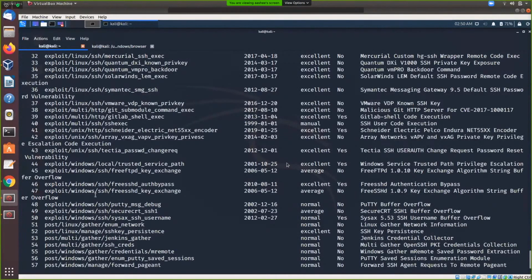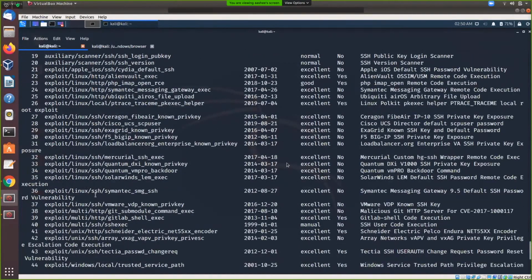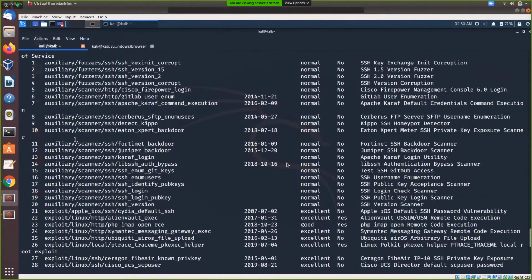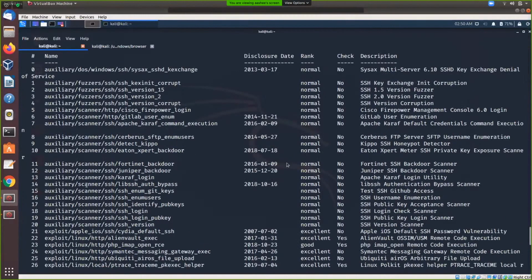But as this is information gathering, we need auxiliary and we need scanner, as scanner is considered to be an information gathering tool. So we'll use scanner over here, and we will choose the module which will be good for us to know the version. So I guess this one is the module that will give us the version.